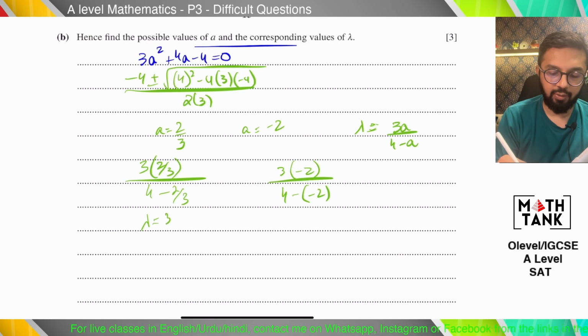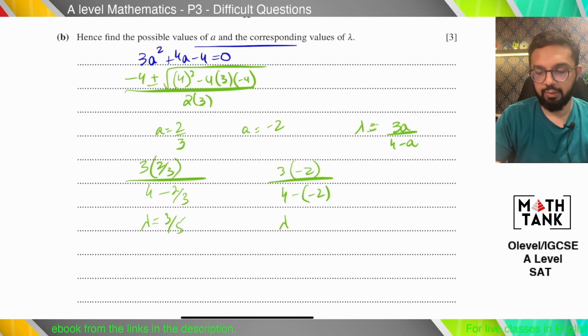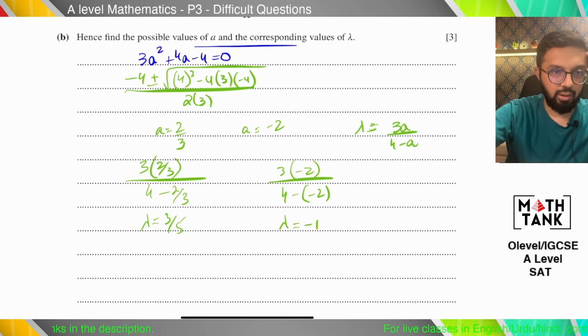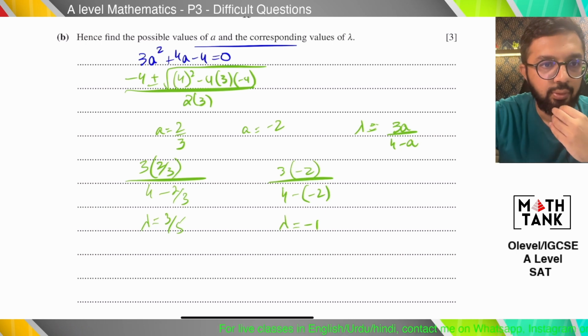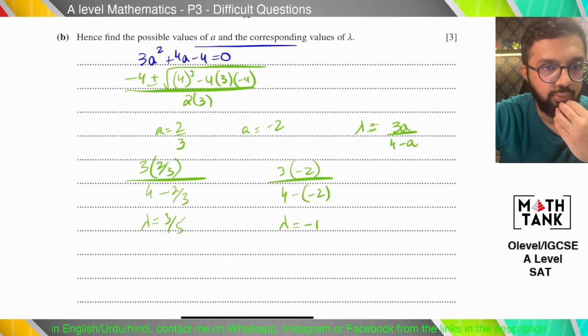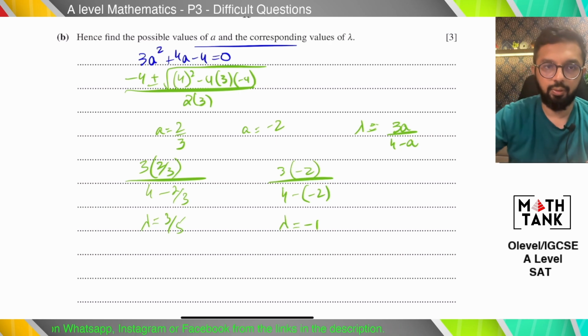Lambda is 3 over 5. And lambda is minus 1. Okay, I hope those are the correct answers. Yes, those are the correct answers. Let's move on